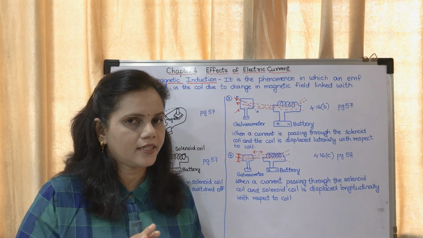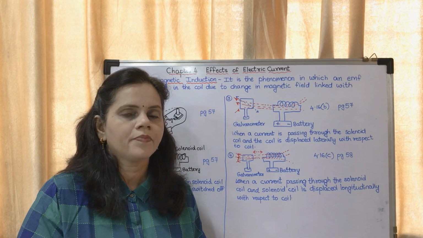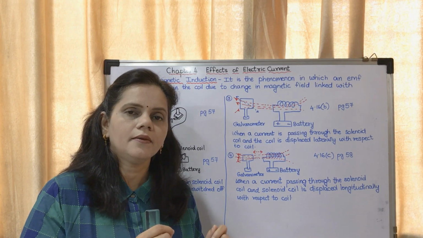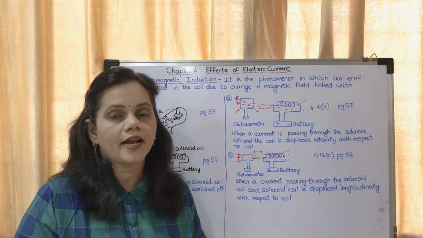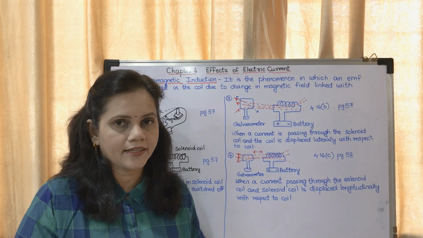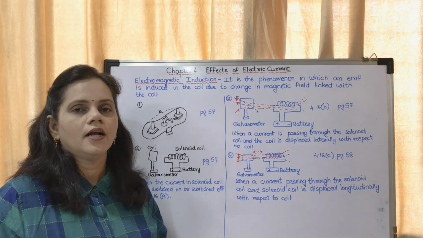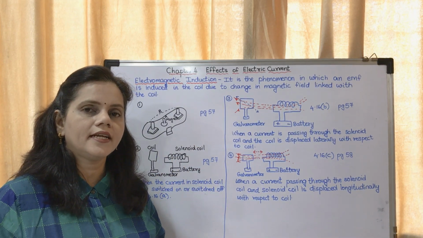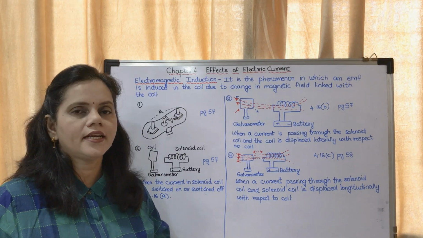You cannot write this. What is the experiment? You are taking a wire and you are moving it in a magnetic field. Then the electrons in the wire start moving and current is generated. That is said to be electromagnetic induction. Now we will see what do you mean by electromagnetic induction.